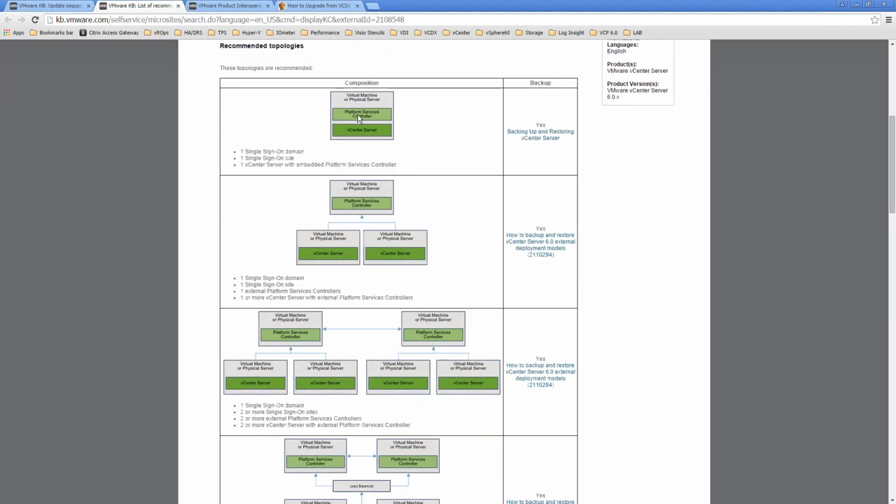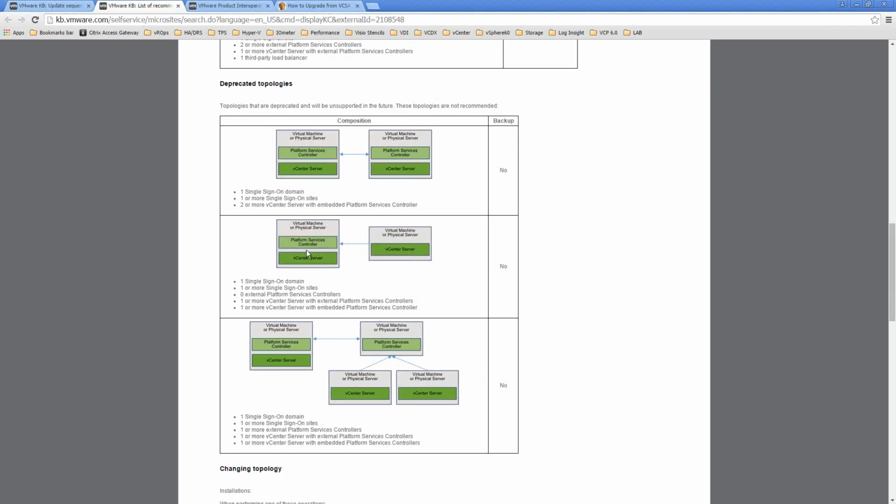If you went with the embedded install, the only way to go to this is to install PSC on a second VM or a physical machine, and then you manually point your vCenter servers to that machine, and then you decommission the old PSC. That's the only way that you can do it. That's why I said you've got to keep your future setup in mind, your goals in mind, and the various solutions that you have in mind.